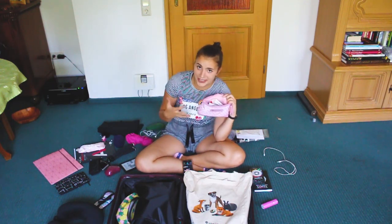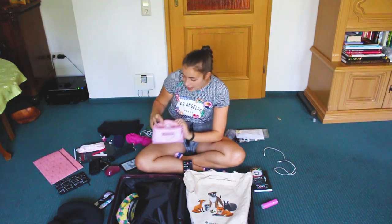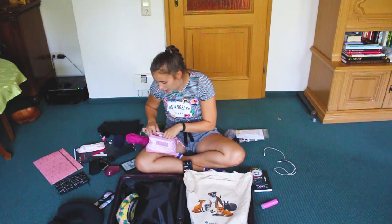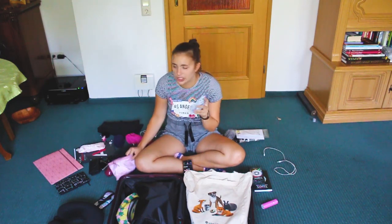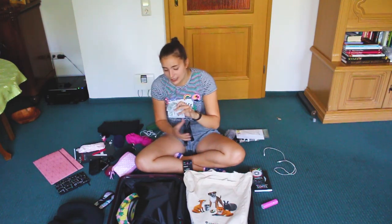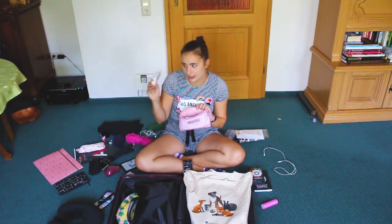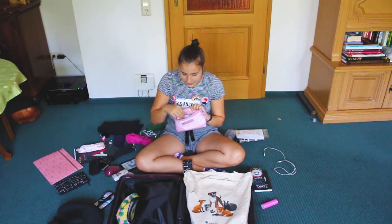which, by the way, my mom still needs to buy a Ziploc bag for me, so I will put all of my liquids in there. But what I'm bringing are 3 of those deodorant wet little towels. Those are lifesavers. Let me tell you, you need to get some of those, because when you sit around all day, you sweat because you're excited and you start smelling, and you obviously don't want that. Then I have some tissues. I have some toothpaste,